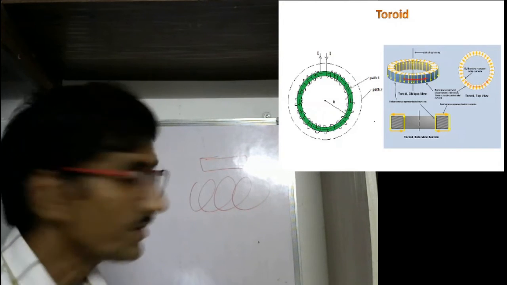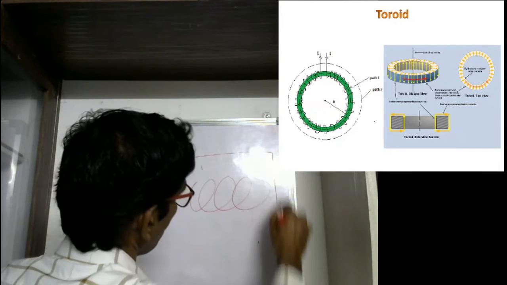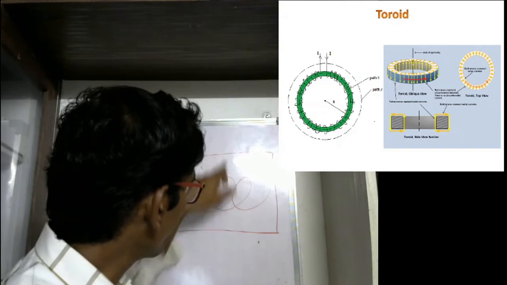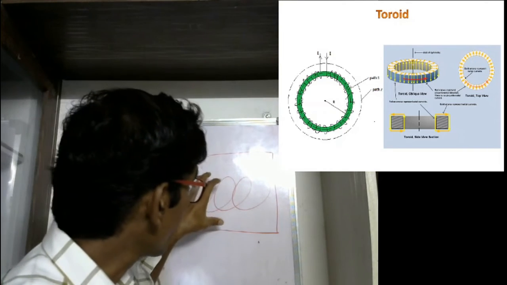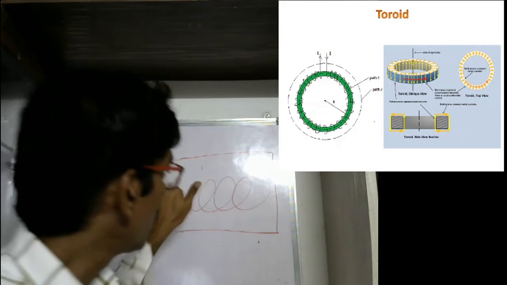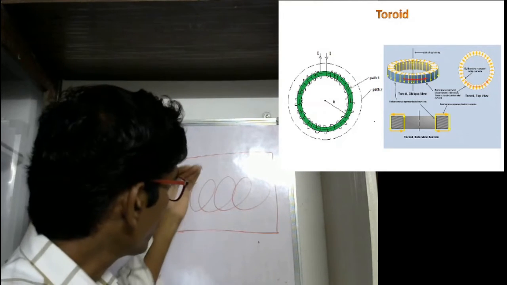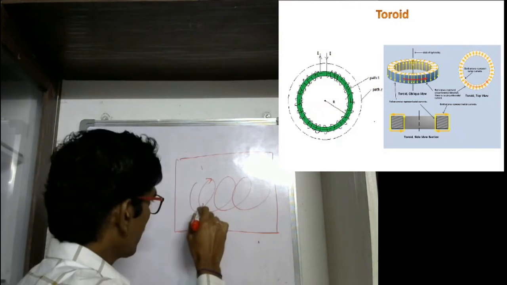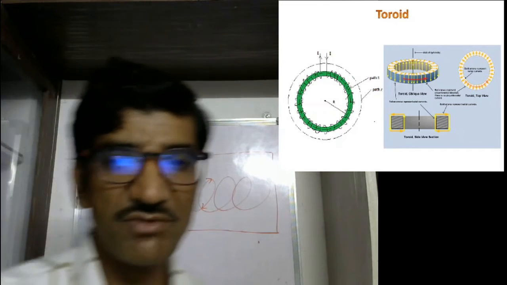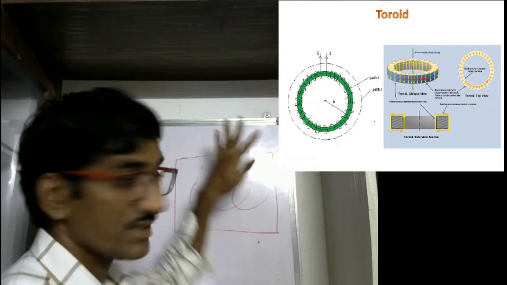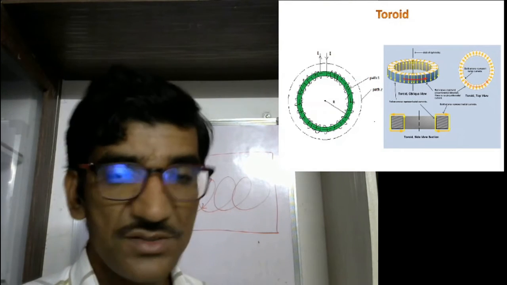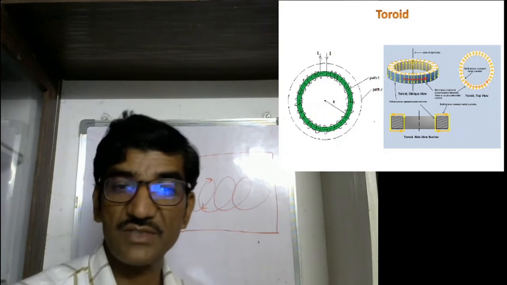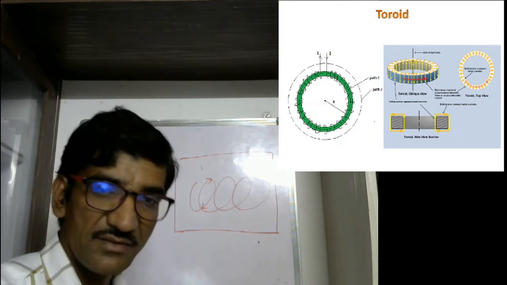If you take any very big, large curve like this, in this case also, that means your point may be here or here, somewhere else. What is happening? How much current is bounded with this curve? On one side, current is coming up, and here current is going like this. So how much current is there bounded by that curve? Nil. That's why for outside points of the solenoid, you have zero induced magnetic field. Why? Because the net current passing through that contour is zero, that closed line integral is zero.